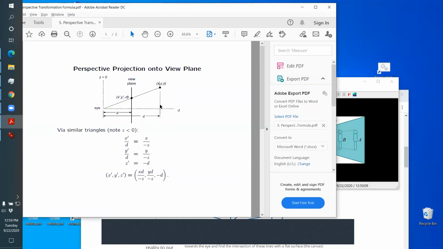Similar triangles have the same angles, but different side lengths. Similar triangles tell you that the ratio of this to this is the same as the ratio of this to that. Or another way to put it, any two sides, their ratios are the same. So the ratio of this side to that side is the same as the ratio of this side to that side. Now look, that's what they wrote here. That's the similar triangle ratio. Now which one did they use? X prime is that height there. Oh, I'm sorry, X prime is,